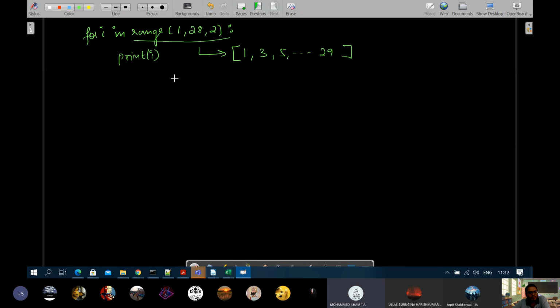Okay, so it means I will become the value which is in the list. That is always the case. You don't go by the range. It is not that the range will decide. What values will be in I will be decided by the list generated by the range. Sir, why is it not taking 2? Because you have given step value as 2. That means you are telling range to generate such a list that the starting value should be 1, and then the subsequent values you should obtain by adding 2 to each of the numbers.